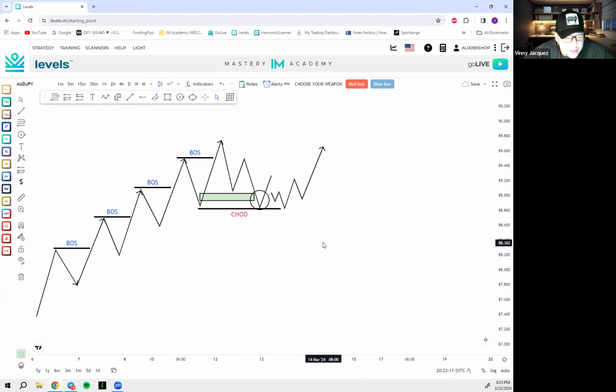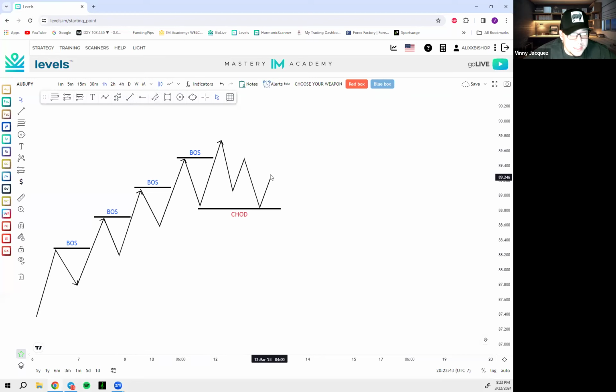Wouldn't that also be liquidity? This line below here? Yes, it would be. It would be considered liquidity. That would be more of like your equal lows, right? So yeah, it is going to be liquidity. Now, when we're bullish, we like to take the sell side liquidity first, right? This is going way more advanced than I want to right now because I really want to focus on structure, right? But when we're bullish, the market tends to stick to sell side liquidity first.